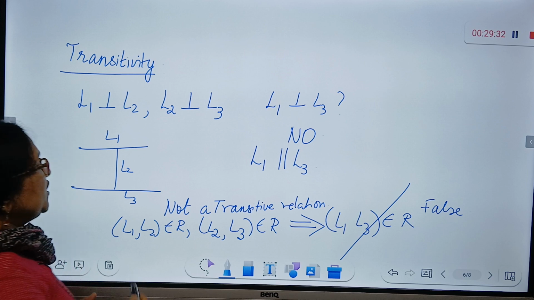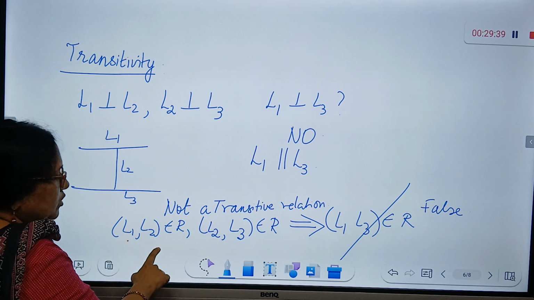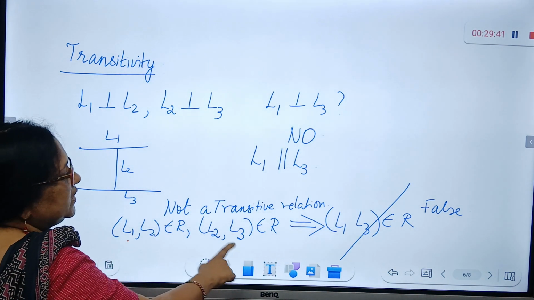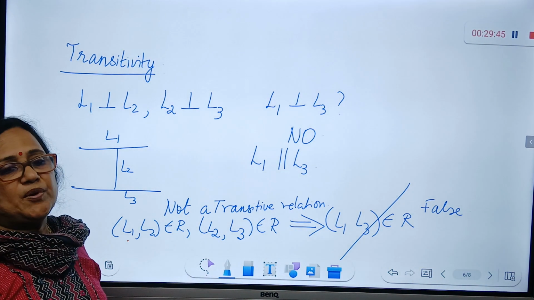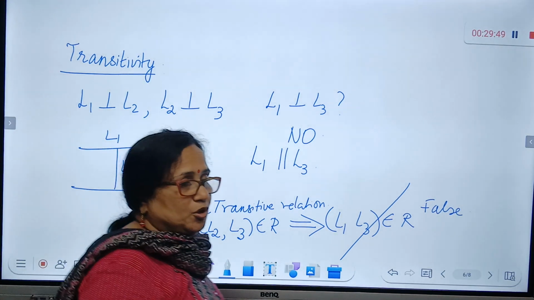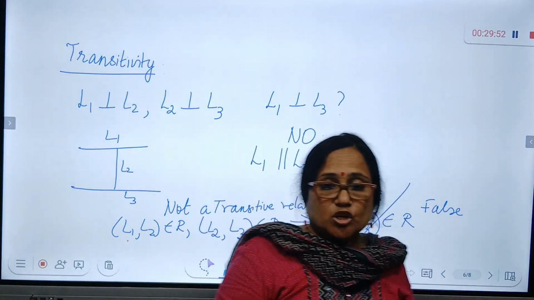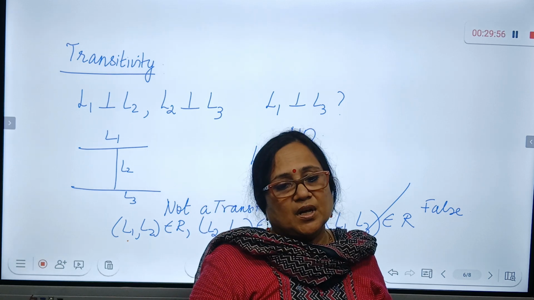For every choice of L1, L2 and L3, satisfying L1 related to L2 and L2 related to L3, L1 will never be related to L3 because they will not be perpendicular, they will only be parallel. I hope I've been able to convey the notion of equivalence relations,